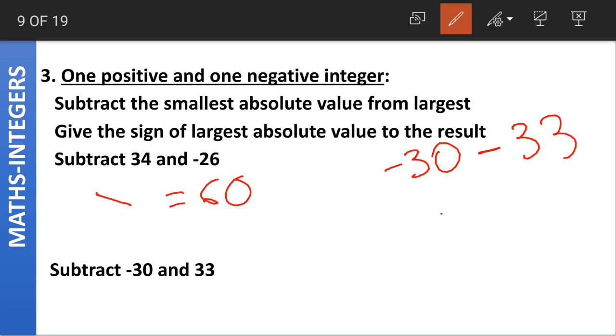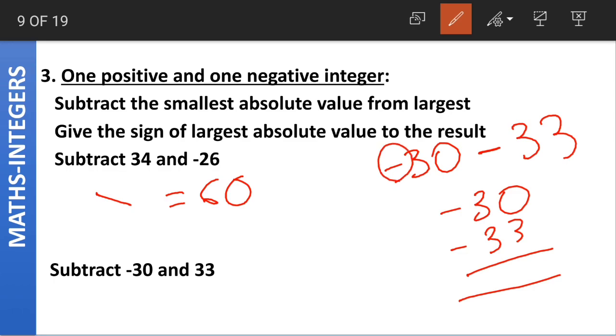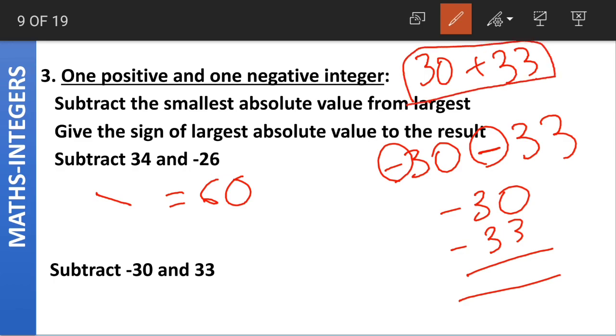Now look at this here. How is this? This is taking the form of two negative integers. How do we add? Here both the signs are minus, right? Now what would you have done if the question was 30 plus 33? You will simply add up both the numbers, which will give us the answer of 63, right? You will simply add up both the numbers, and as both the numbers are positive, the answer will also be